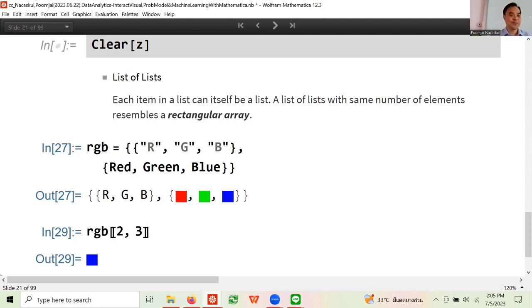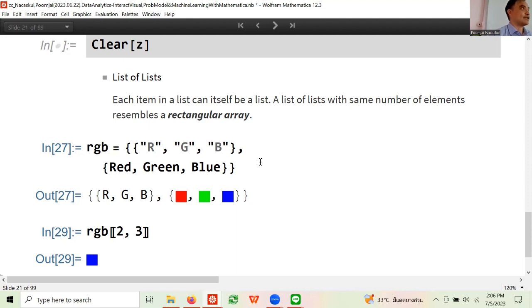Whereas this is 2 by 3, your screen is say 600 by 900 by 3. Your screen has 600 times 900 pixels, and each pixel has 3 numbers. So this is a 3-dimensional array.